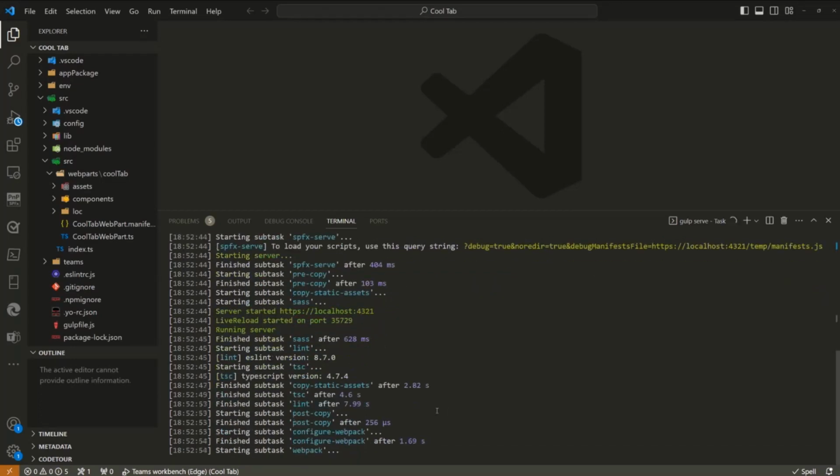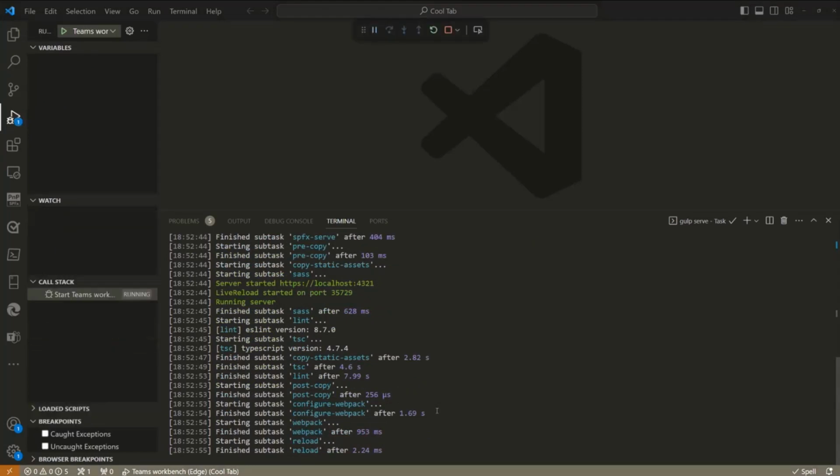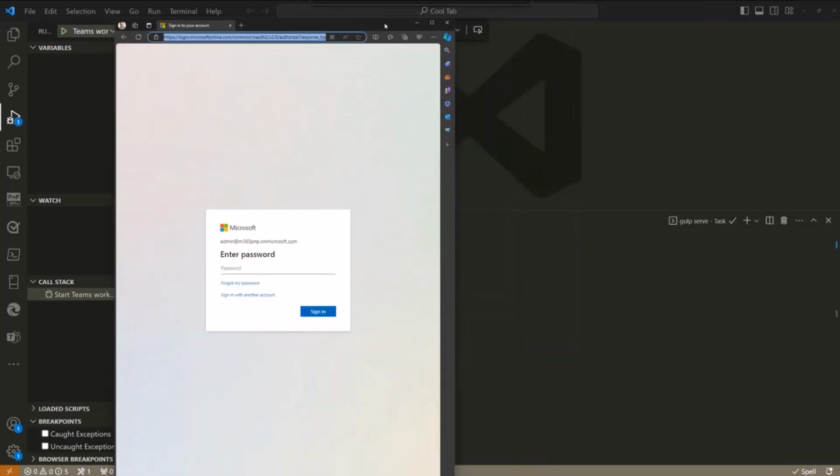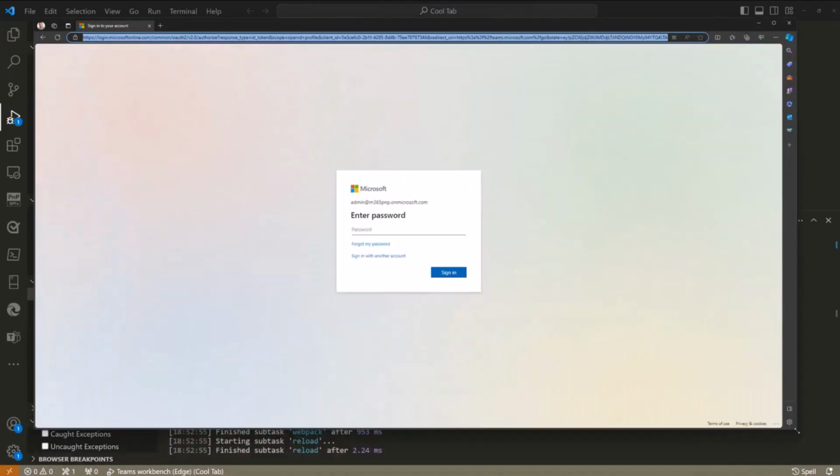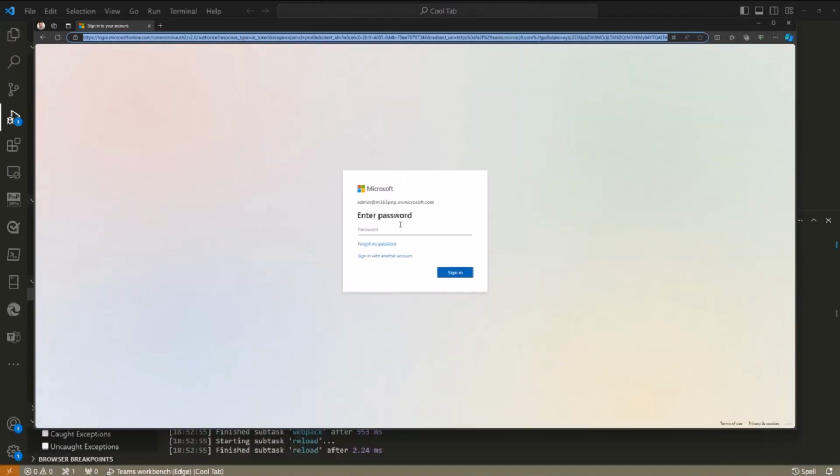And I didn't do anything else than saying import the solution and move it directly in this folder. That's actually really, really cool. Now it's actually spinning up my browser window in here. Let me put that one a bit here, and let me hide that section. And then I need to sign in.